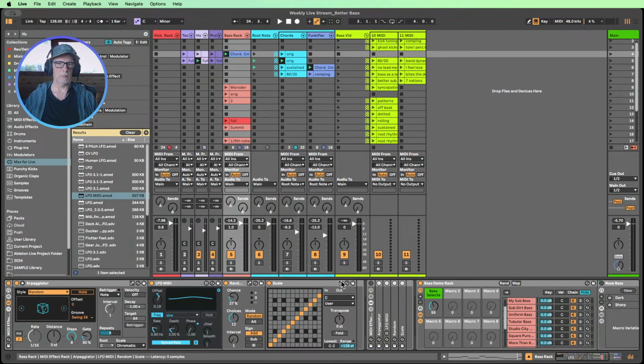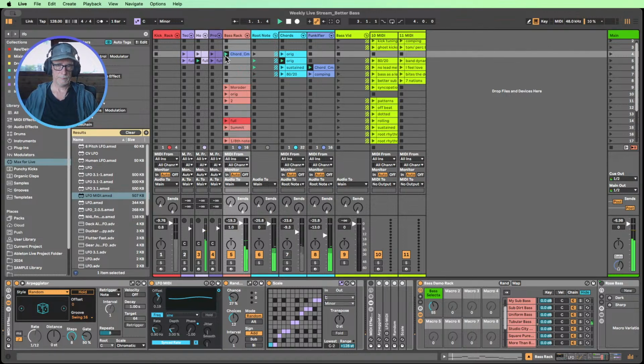What we could also do is turn on the scale awareness here, which is also a great feature of the new Scale device, right? So it's banged it straight into C minor for us, so that's going to help.